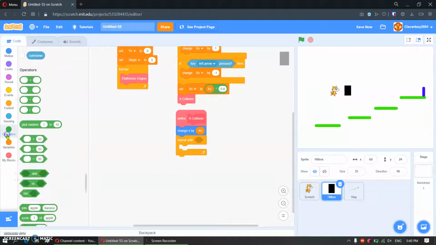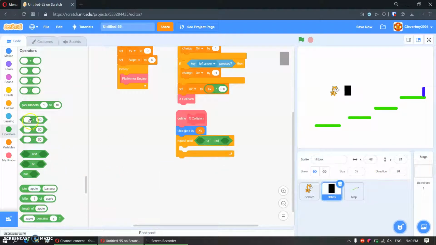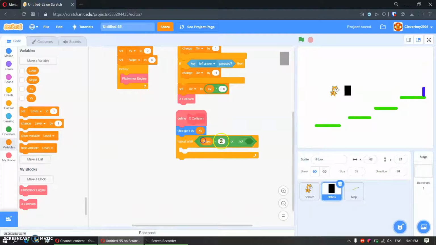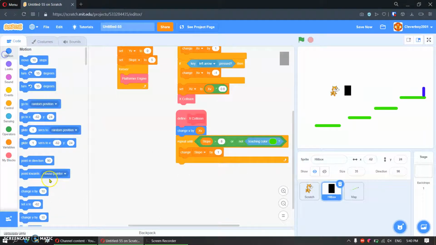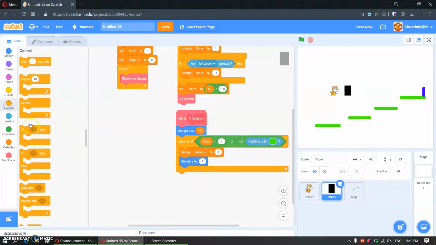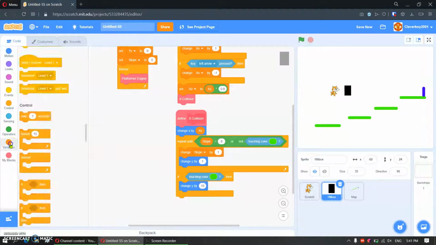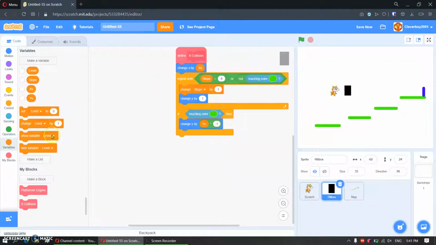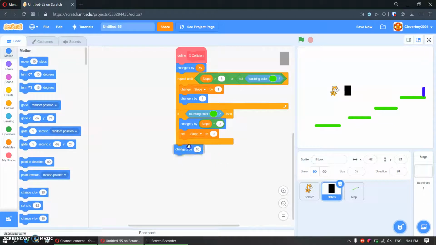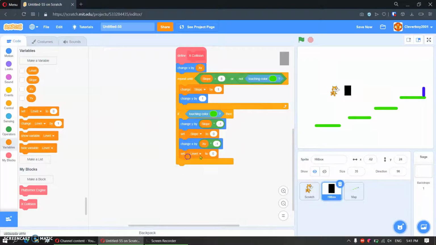repeat until all not, repeat until slope more than 8 and not or not touching green color, change slope by 1, I'm going to change Y by 1, if it's color green, we'll change Y by YV times -1, we'll set slope 0, this is slope, change X by XV times -1, we'll set XV to 0,